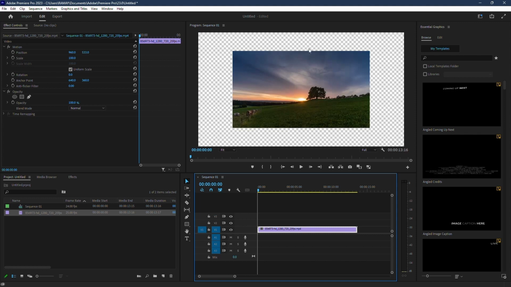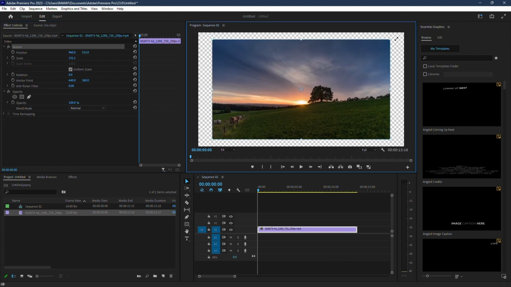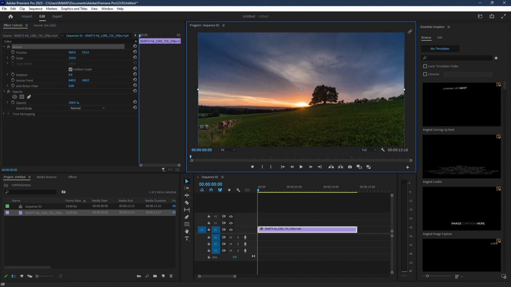Alternatively, you can adjust the scale manually by selecting your video clip and going up to Effect Controls. Then select Motion so that you can see handles around your video. Now, just drag one of the corner handles to stretch out your video. Alright, that looks good. But let's say you want to change the frame size of your whole sequence rather than